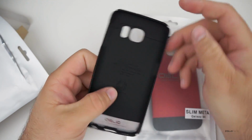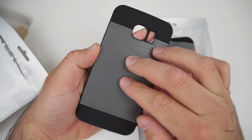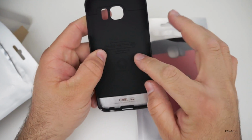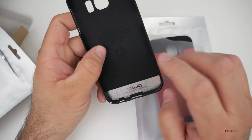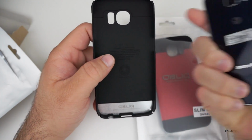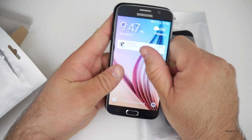We'll pop this out here. Now it's a simple case with a titanium or an aluminum look on the back, with black rubberized plastic on the top and on the inside, and what looks to be like a little metal plaque, although I'm not sure if it's metal or plastic at this point. Now the back of this is just a really soft rubberized material, and let me show you what the phone looks like in it. Now here we have an S6,